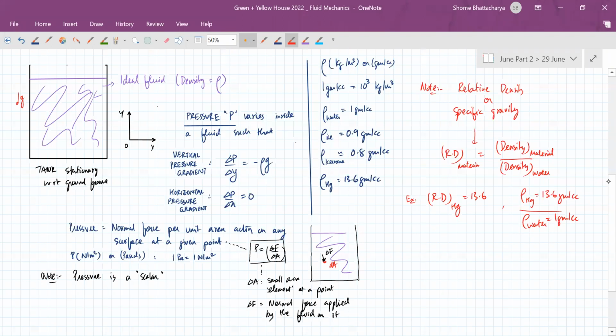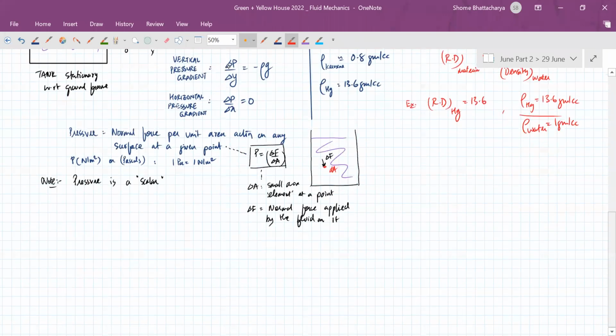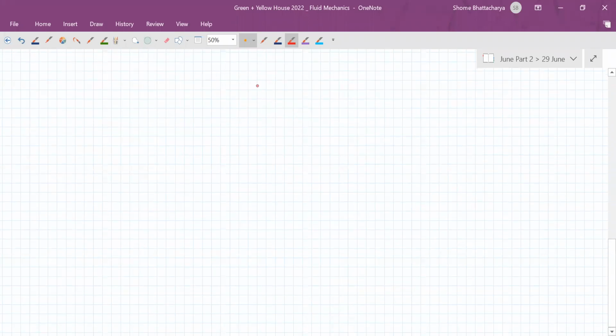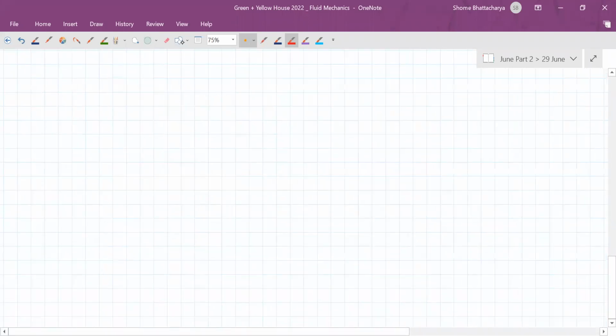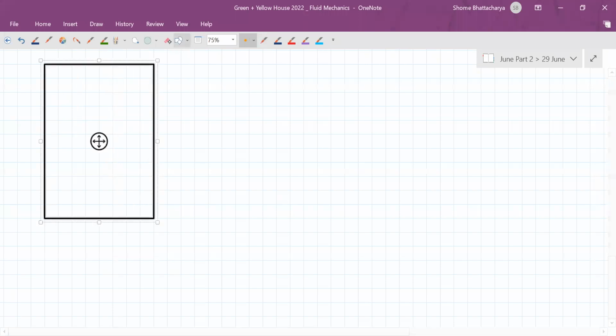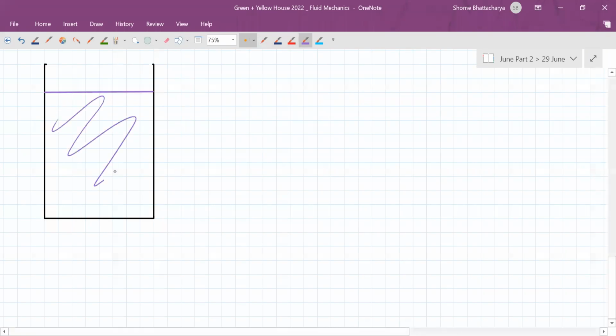Okay, done. Now let's understand what actually causes the vertical pressure gradient, and you'll realize it's nothing but gravity. So for that, all we have to do is apply simple Newton's laws type of concept to a volume element of liquid. What we mean by volume element of liquid is that within this stationary body of liquid, if you consider